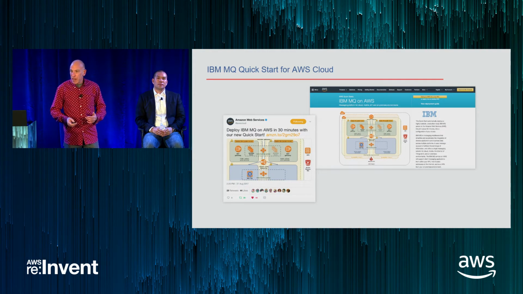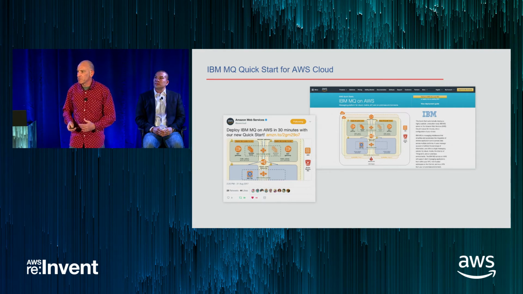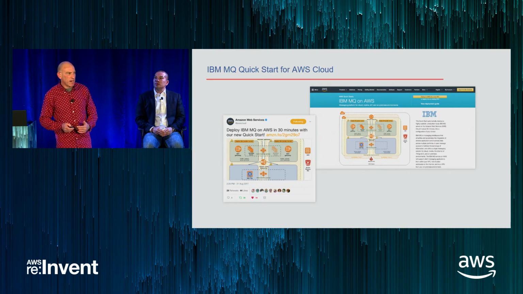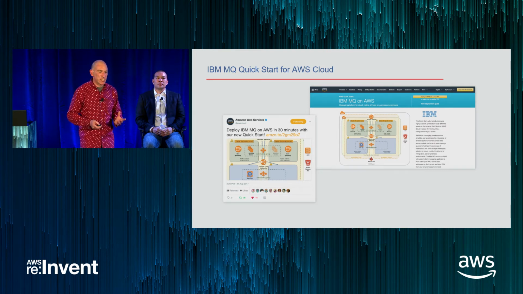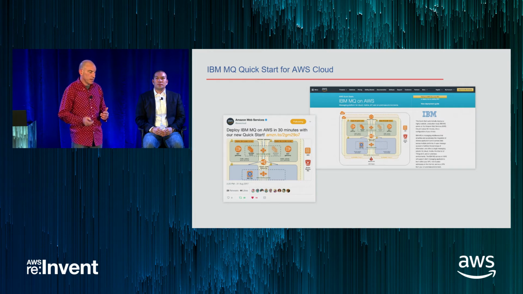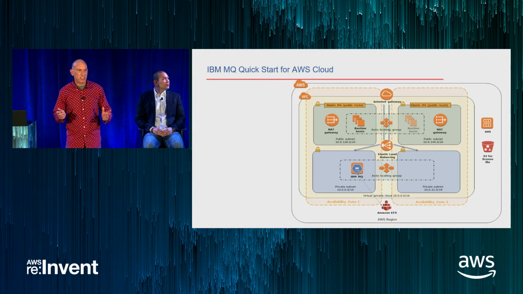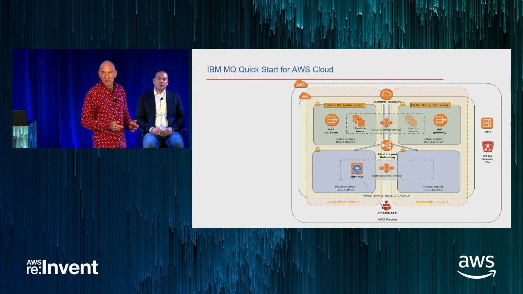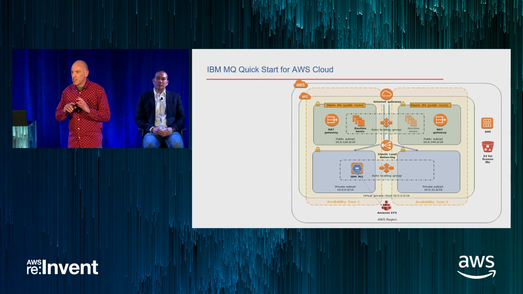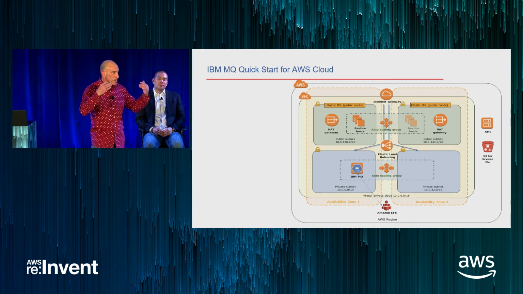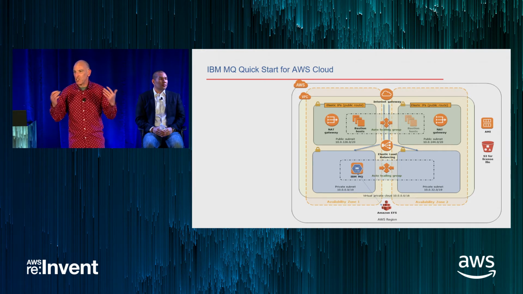So we went live back in August. Got a lot of good publicity about that. What it's doing for us is showing our customers that we care. We care about AWS, and we care about setting up production-like environments for them in the cloud. That's a more elaborate picture of what we're doing. I like to think of this as the MQ sandwich, where MQ is the meat in the middle, but at the top layer is we get that nice protection layer, that nice security blanket that keeps out the undesirables.